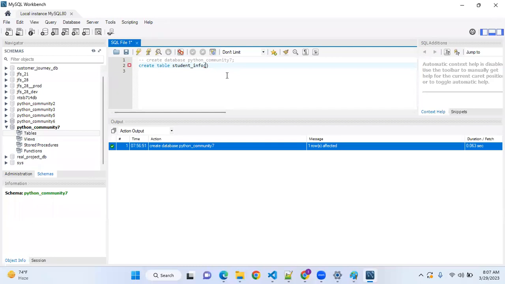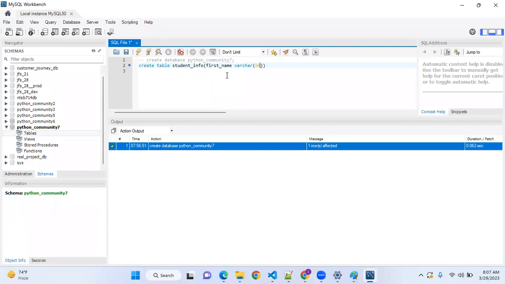First name, space, data type we need to give. So what is the best data type here? Varchar. It can hold any type of data: a string, alphanumeric, and only numeric values. Varchar of what size? For first name, it may not be beyond 60 characters, right?